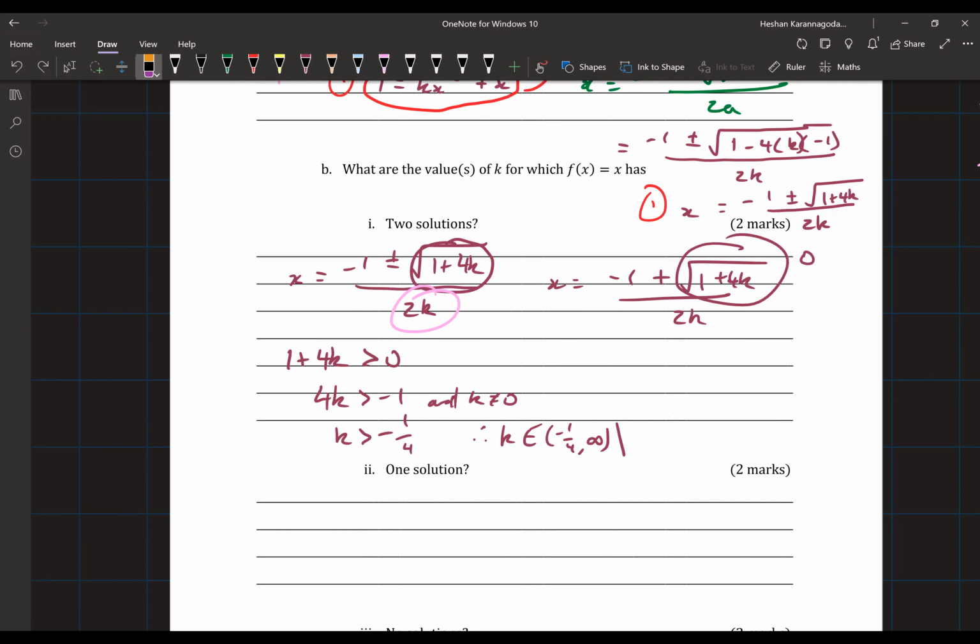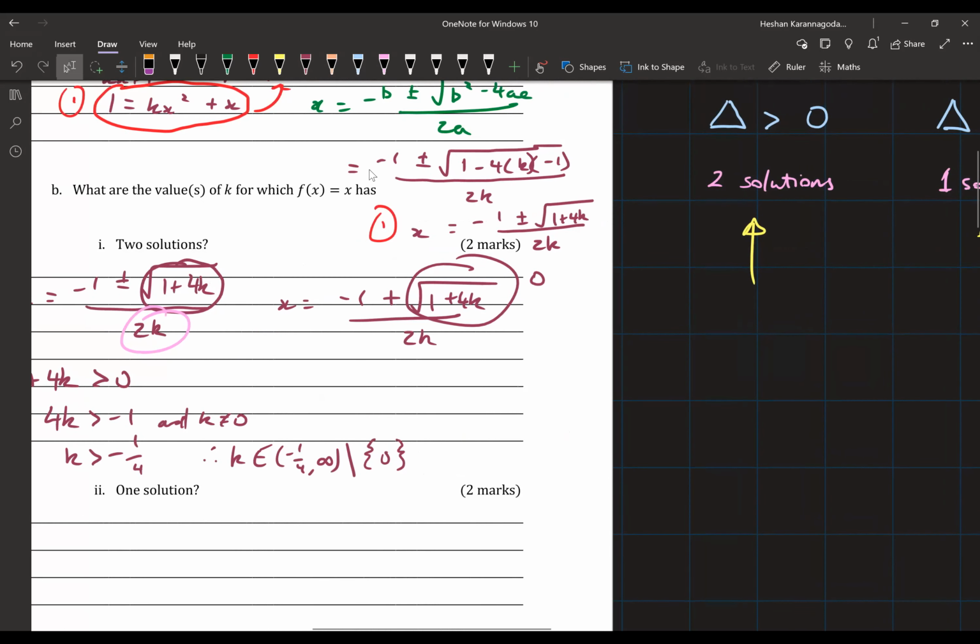Just another thing. I've got a question. Is interval notation necessary or is the inequality enough? Inequality is enough, but you probably have to do the proper notation for inequality. So for this question, what it will probably be is something along the lines of, you've probably seen this in your textbook, k such that k is greater than -1/4. And then you could probably just separate it with a comma, k can't equal 0. That would be the other equivalent solution in set notation, sorry.